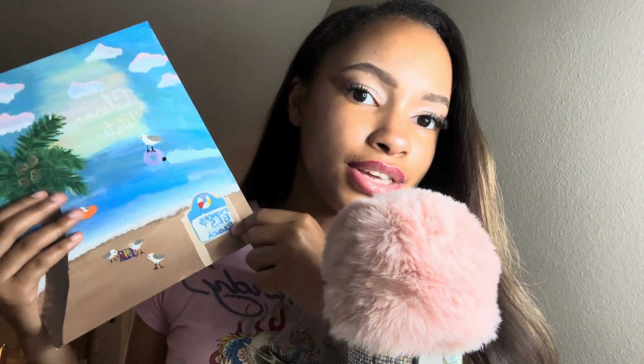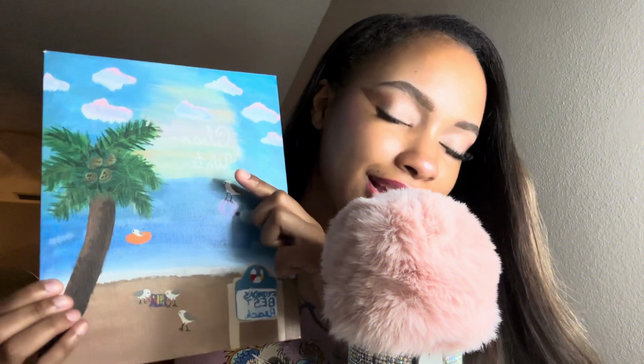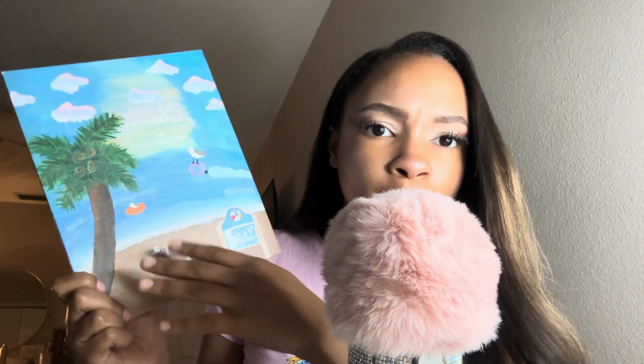Now I'm gonna go ahead and go over to some flat canvases that I did. Here's the first one. Clearwater, Florida, and it says Florida's best beach for the sign. But the thing about the beach in Florida, if you have not been, maybe a beach near you, this happens, but we have seagulls. And if you walk away from your food bag, if they're brave enough to go get your chips, they will peck at that bag, okay? They roll the beaches. You might see them